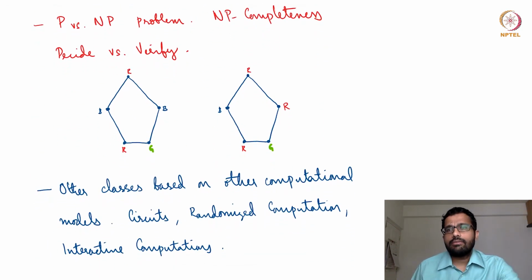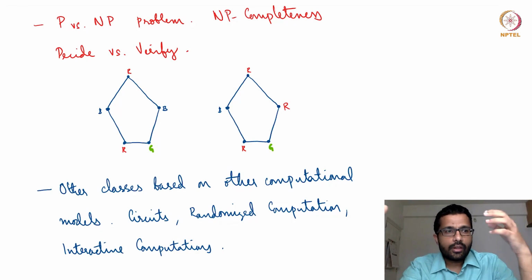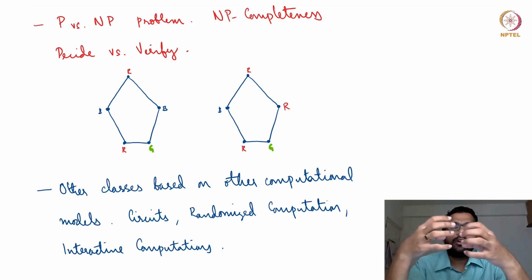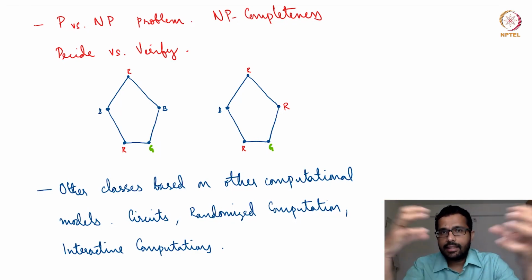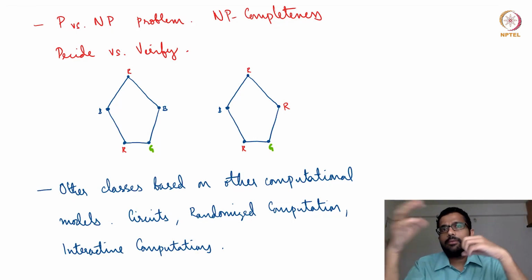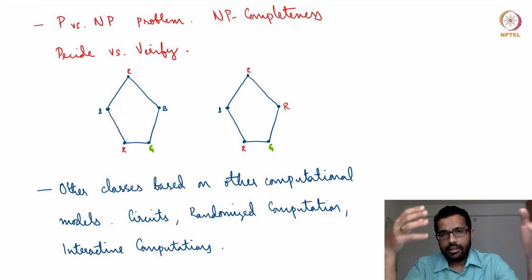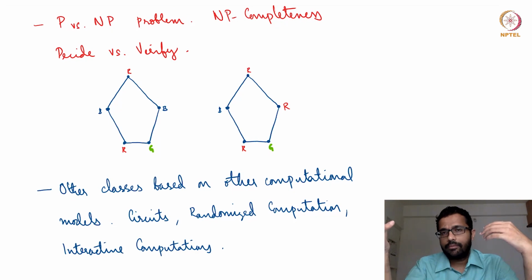In addition to this, we will see other computational models like circuit models, interactive computations, randomized computation, and so on. And we will try to also understand how to classify various computational problems into complexity classes based on these models. Sometimes we also study how these complexity classes, which are sets of problems, interact with each other. Sometimes we will say one of the classes is contained inside the other. Sometimes we will say they are not contained inside the other, and so on.